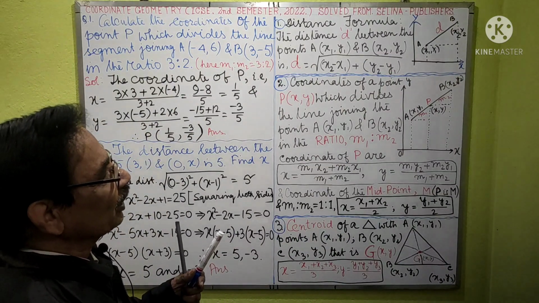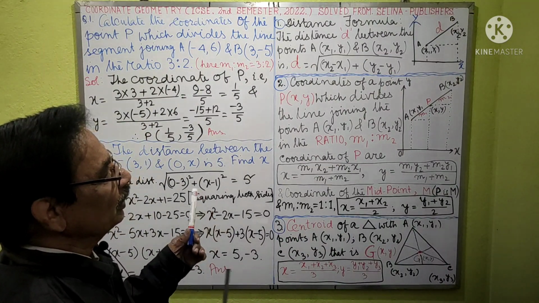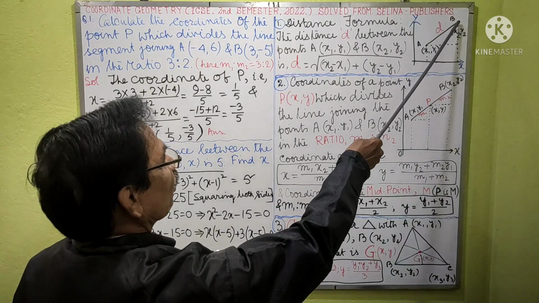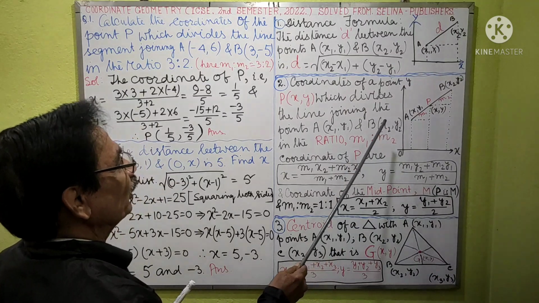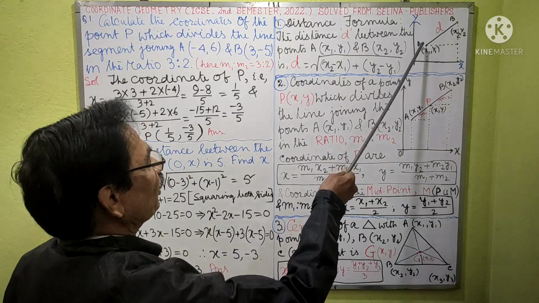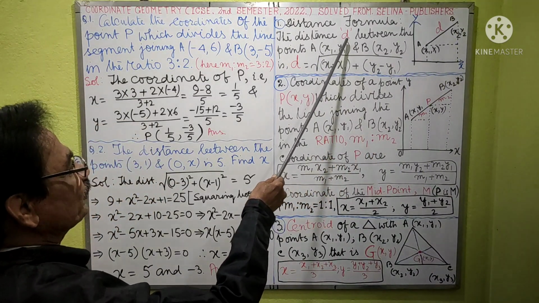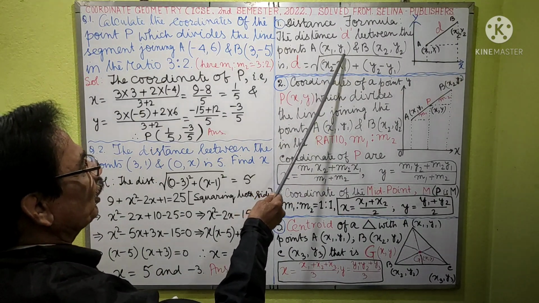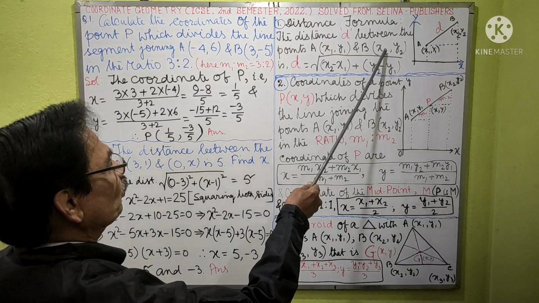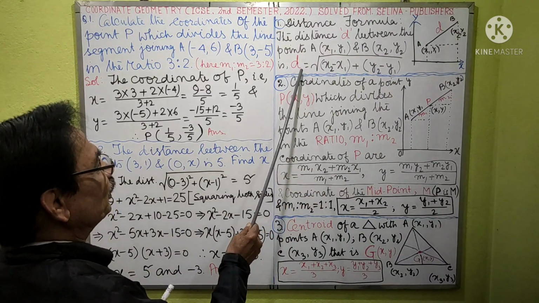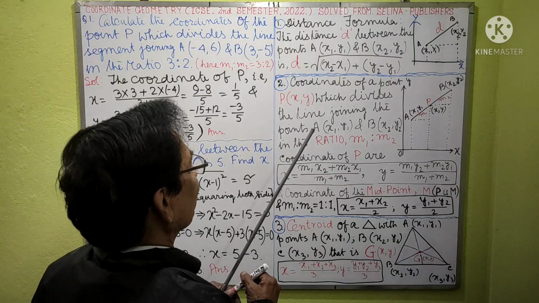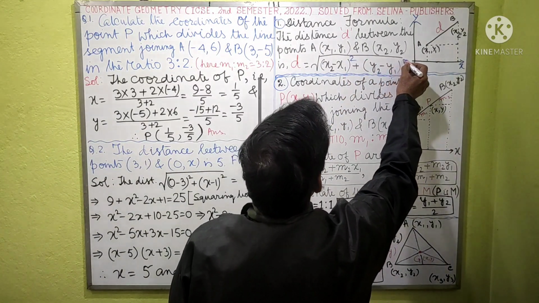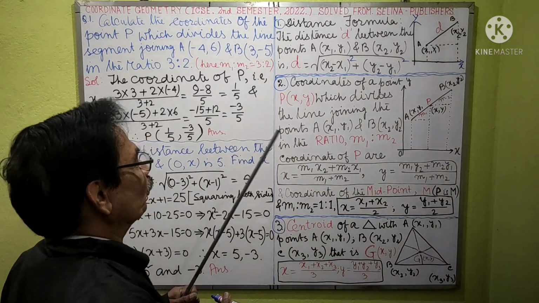On the Cartesian plane, the coordinate of A is (x1, y1) and the coordinate of B is (x2, y2). We have to find out the distance between A and B. The distance D between A (x1, y1) and B (x2, y2) is D equal to the square root of (x2 minus x1) whole square plus (y2 minus y1) whole square.